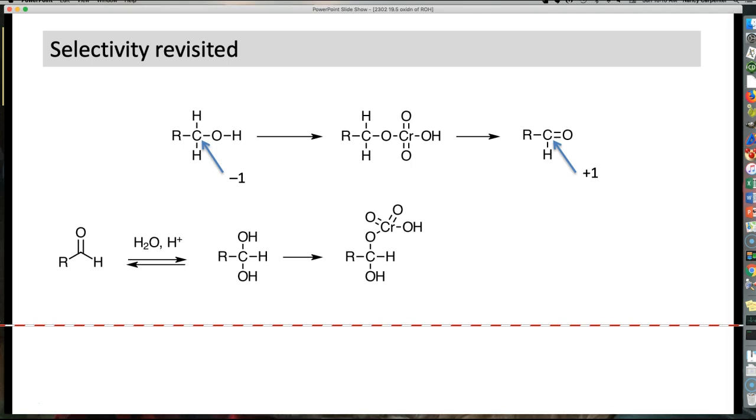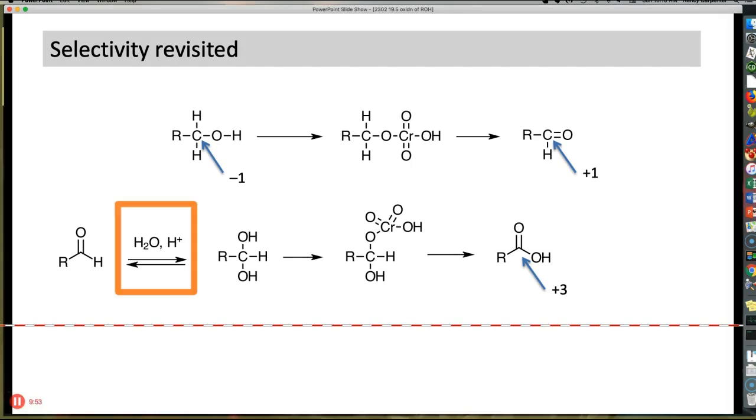And that darn intermediate can, of course, undergo the key oxidation step to give me an even more highly oxidized species. So I've gone all the way from -1 primary alcohol up to +1 in the aldehyde state. But, and here's the key, because I have water present, I can make the hydrate,